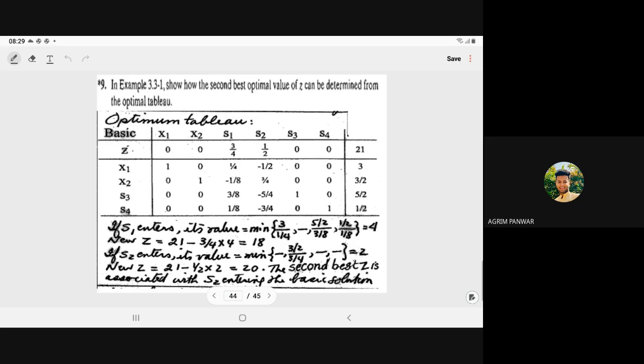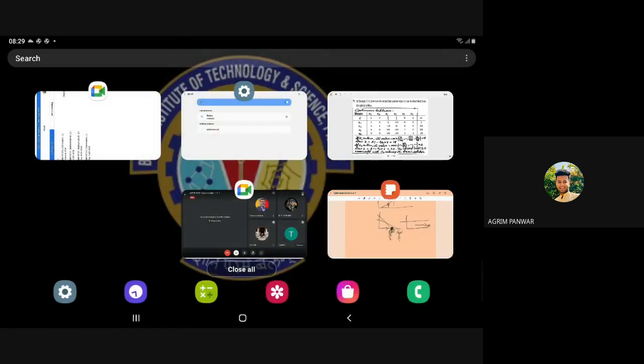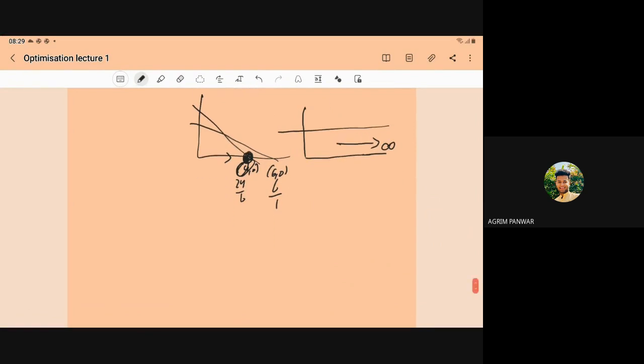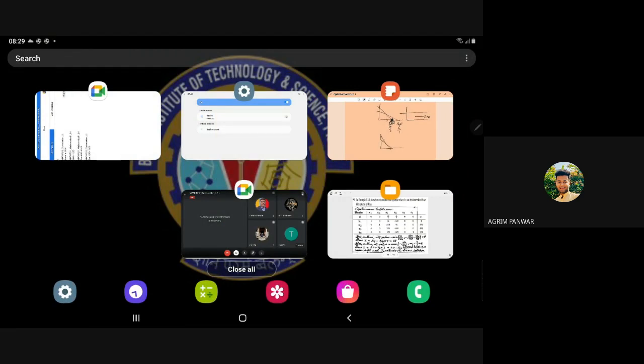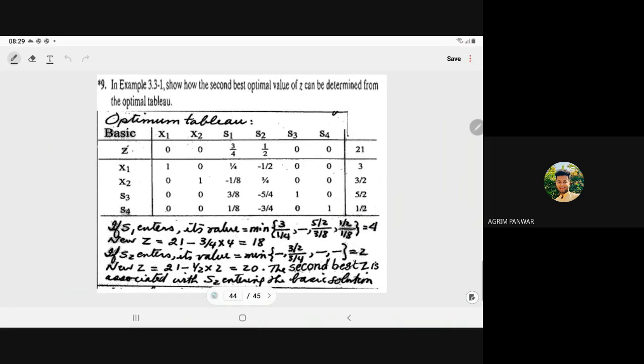Shouldn't it be the positive? Sir, no, no. I mean, actually, why are we taking the least ratio? That's why I have done that example. For example, if you recall the ready mix problem. Okay, first I show the graph of the ready mix problem. If you recall the ready mix problem,